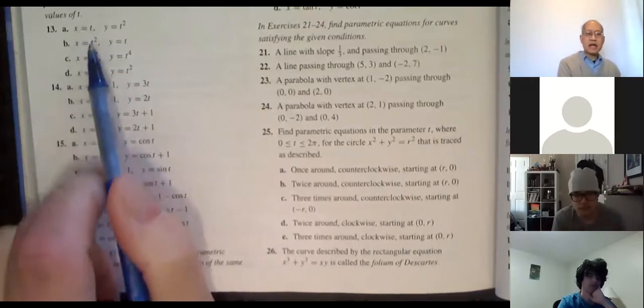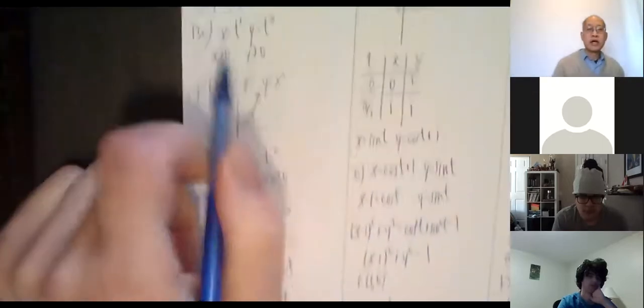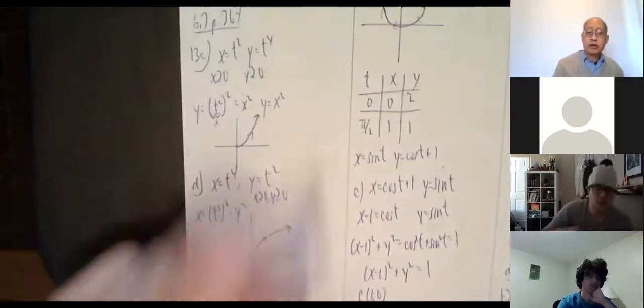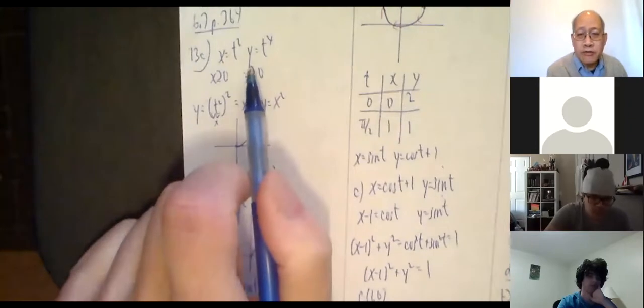Some of this kind of looks like A and B, but there's a little bit extra trick to it. So let me share that with you. Okay, so C, x equals t squared, y equals t to the fourth. Before we start the graph of this one,